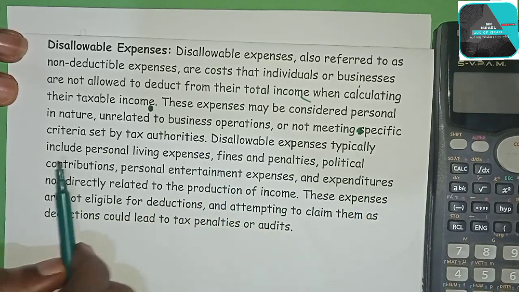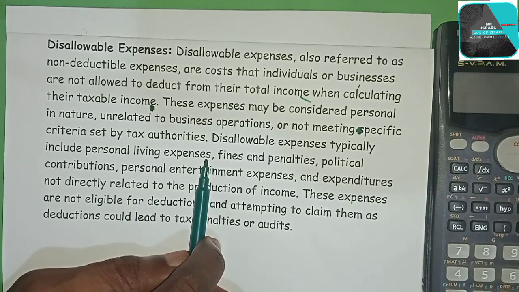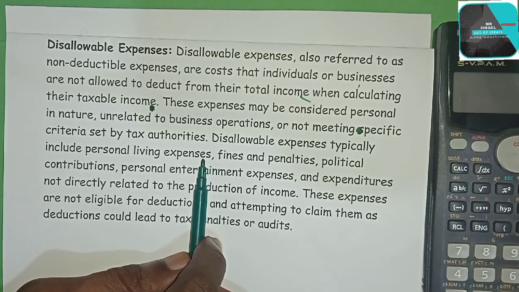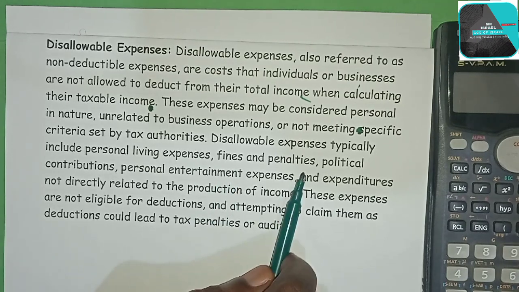Disallowable expenses typically include personal living expenses. I said it. He wants to improve his life. He wants to buy a car for the wife. He wants to pay the children's school fees. It's not from the company that you pay your children's school fees. You are earning an amount from the company. You use it and settle your children's school fees. Fine and